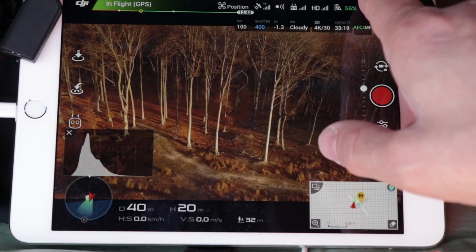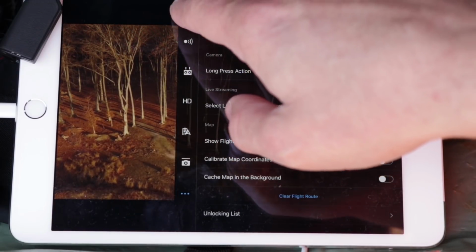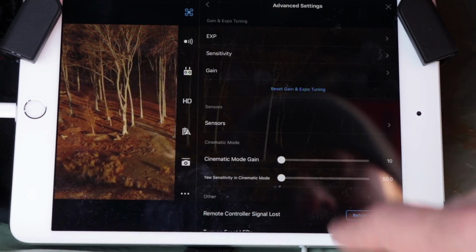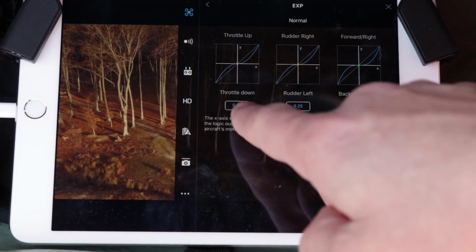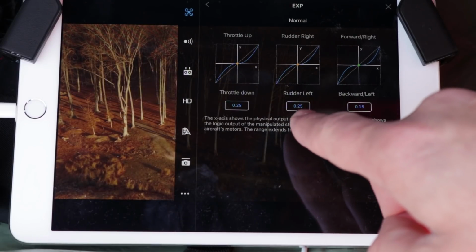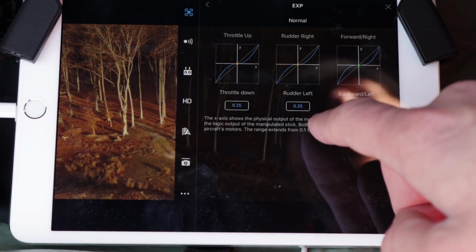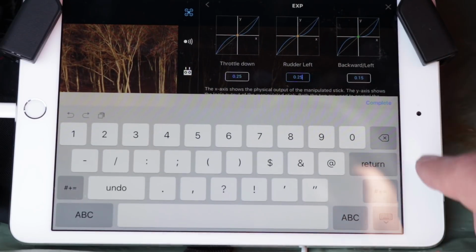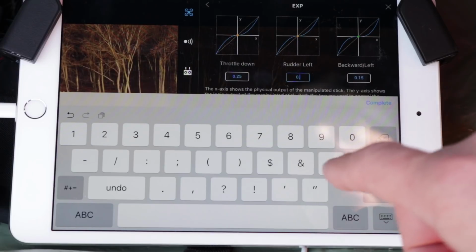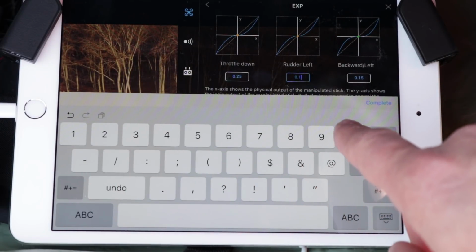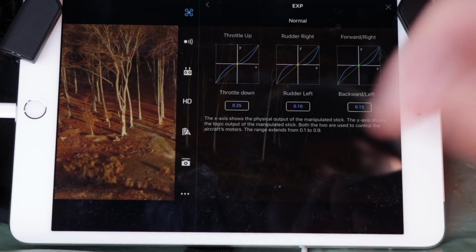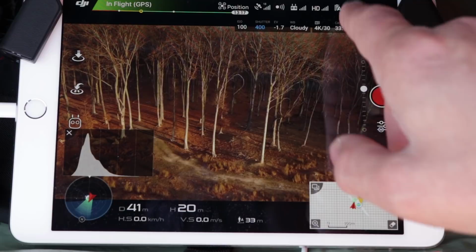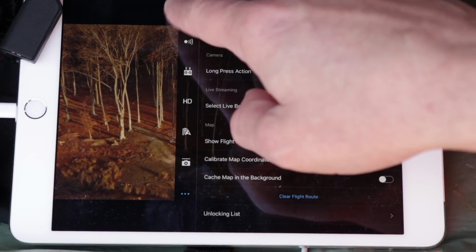And now the gimbal settings and drone settings. First of all, the drone settings are up here on the drone, and you go down into advanced settings, and then you have the AXP, and these are the values that are set right now, but you have 0.25 here. I did an app update, and this is what happens. You always have to check things after an app update or after a firmware update. Some of your settings may be reset. I closed everything again,